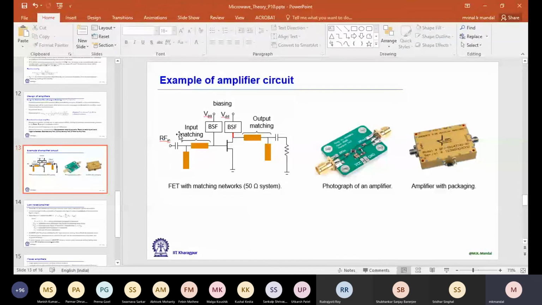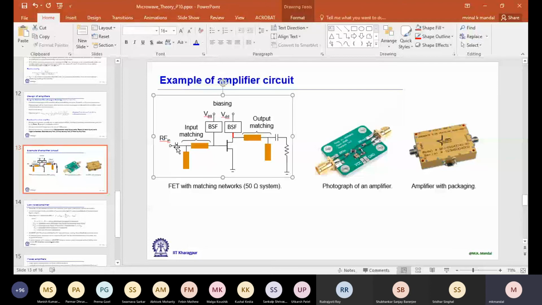Now we have to take care of the input side and output side. This DC should not pass to the RF on the left hand side, or the output side; it should be isolated. So we use a capacitor. With a capacitor, we don't face much problem. They are close to ideal compared to an inductor. So we'll be using two SMD capacitors. And in between, we'll be having the matching network, input matching and output matching network, as we learned.